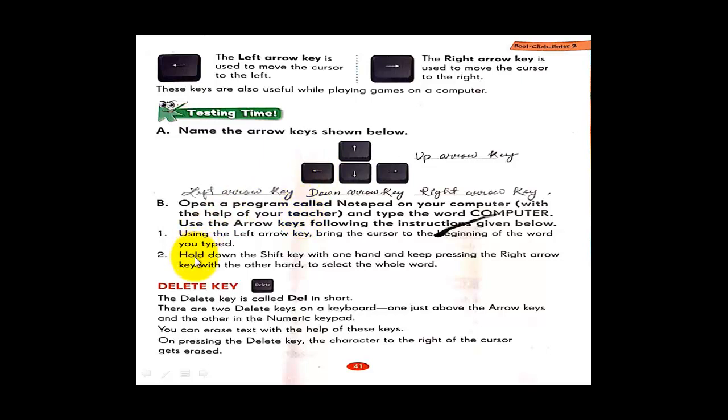Okay, then after that, hold down the shift key with one hand, and keep pressing the right arrow key